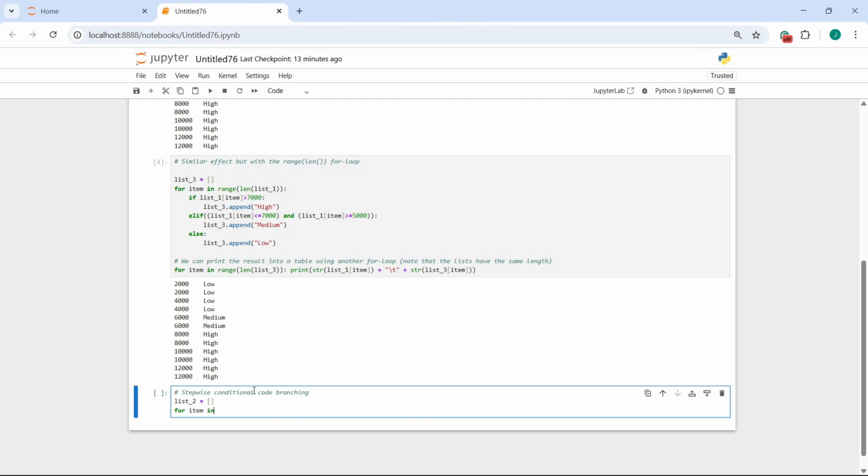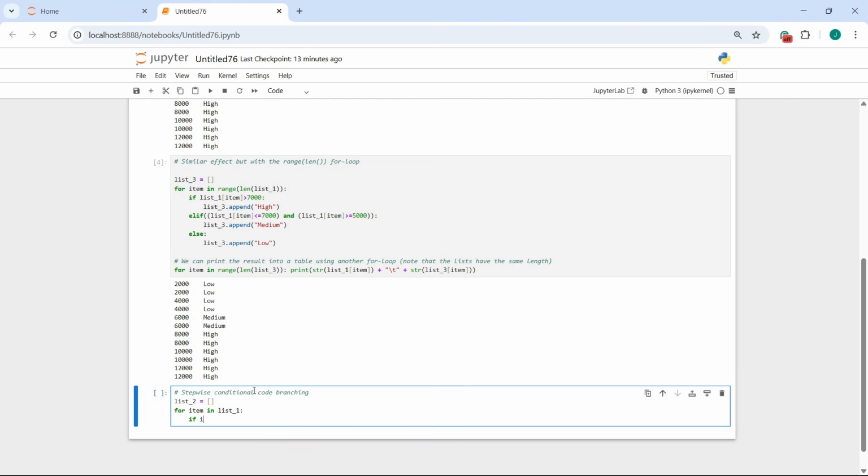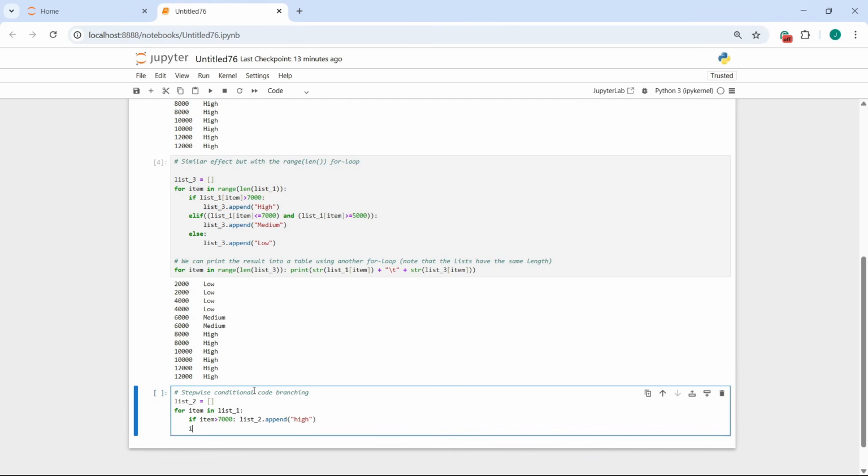And we'll type for item in list 1, if item is larger than 7,000, list 2 append high. If item is less than or equals 7,000 and item is larger than or equals 5,000,